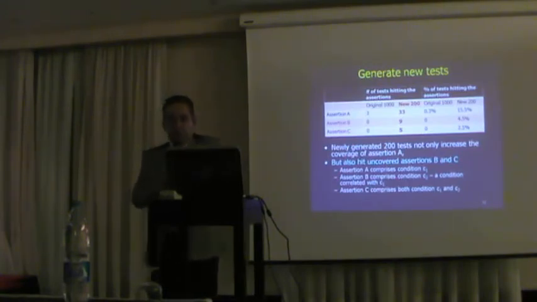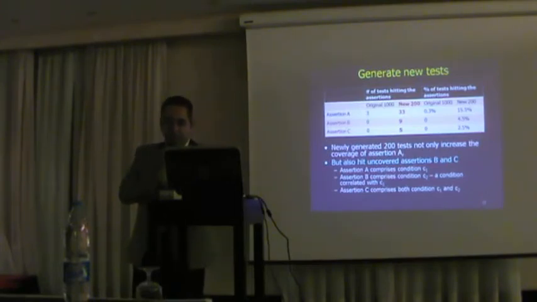What happened is assertion B and C turned out to be very related to A, correlated with it. And as we increased the coverage for A, luckily, we got assertion B and assertion C to fire. This is not something guaranteed, but it was a true phenomenon that by improving the coverage for assertion A, all of a sudden we were able to hit B and C. And you can iterate over this because now you have some actual tests that can